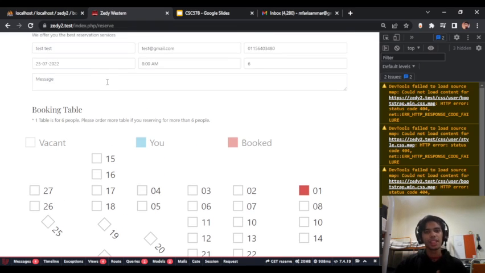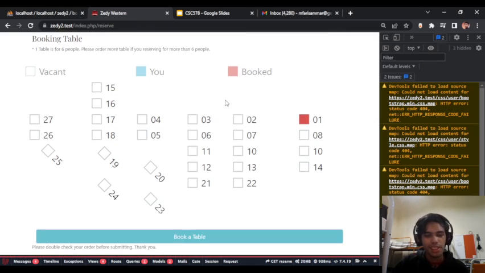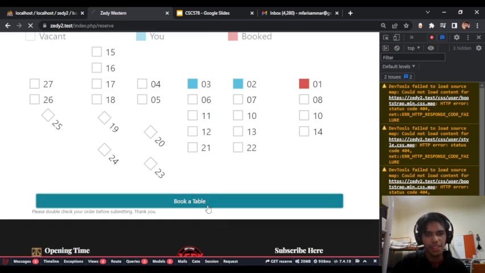So we really hope that, since we already put it on the center page, the user reads it and changes according to the number of people they want to reserve for. Alright, so let's try 2 tables, table 2 and table 3. So when I click on book a table,